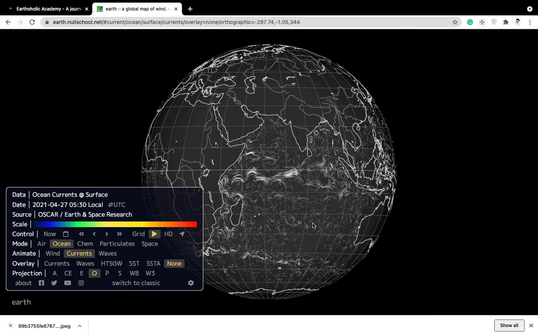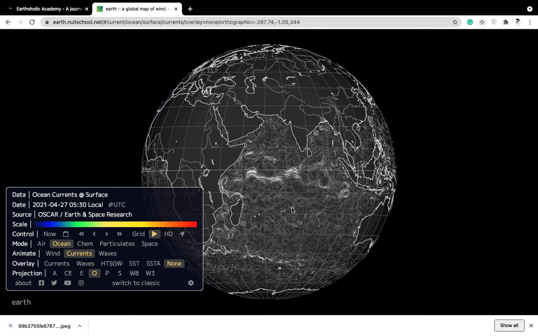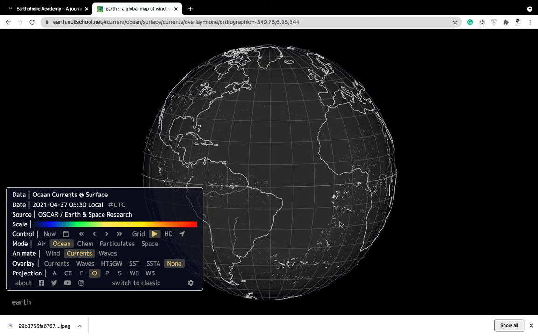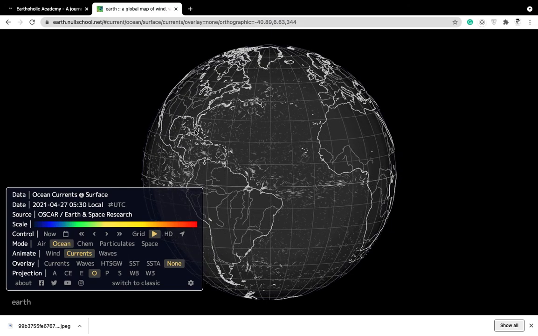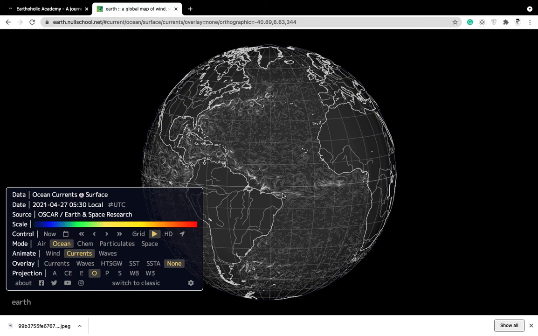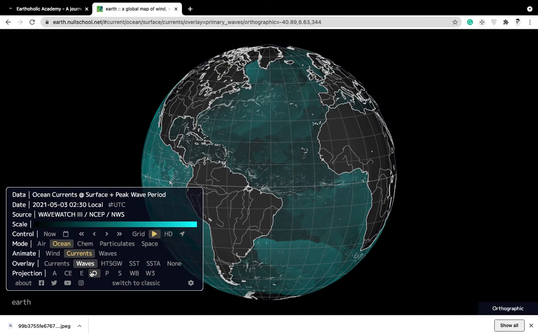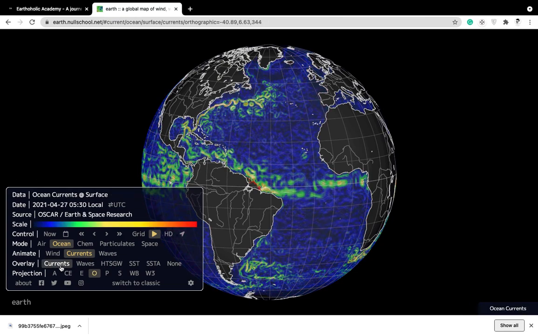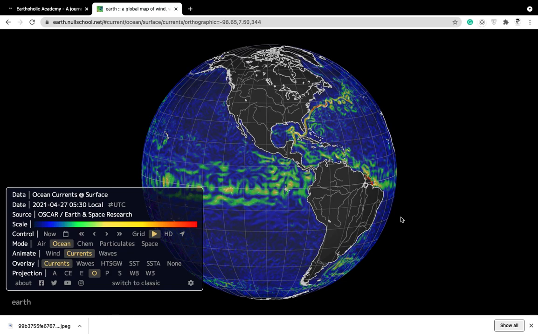Again, we know there is a variation of currents in different oceans. Surface current basically, you cannot see deep current from this, but you can see the surface current, how it moves. This is your Gulf Stream moving all the way. This is your counter current and equatorial current, North Atlantic equatorial current, South equatorial current, and you can overlay with waves also. With currents also you can overlay. So these are the warm currents. This side we have cold currents. Okay. So this is all about currents.